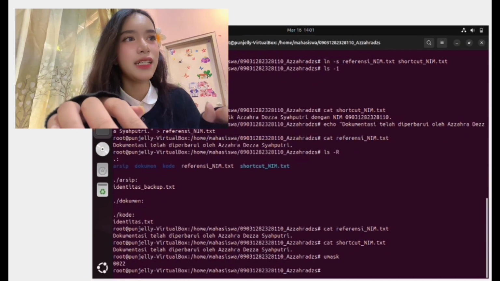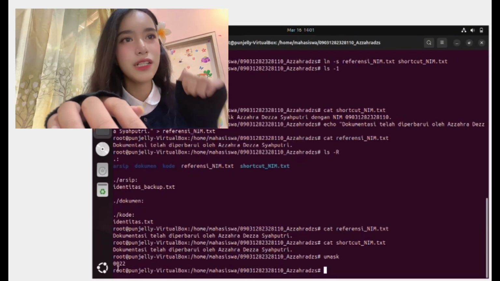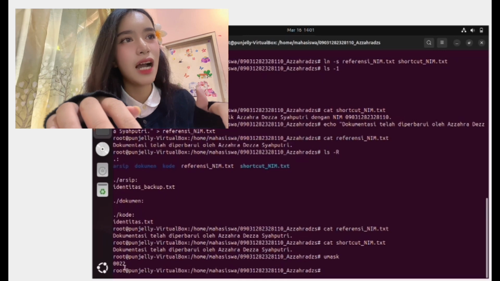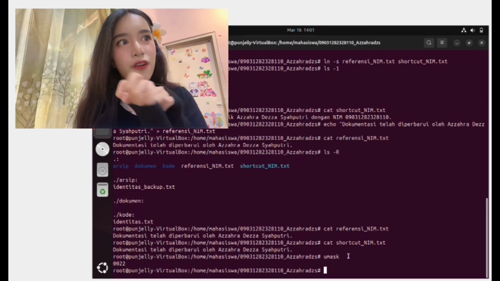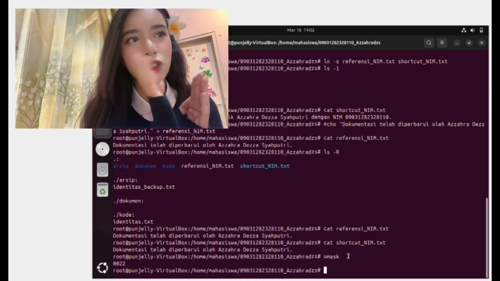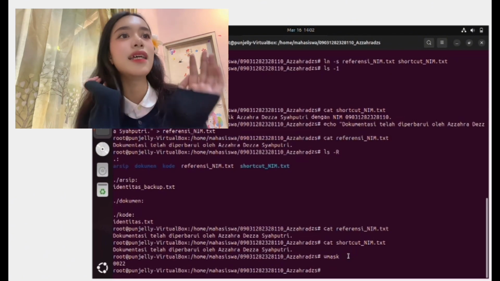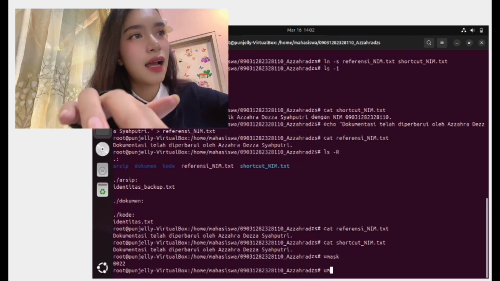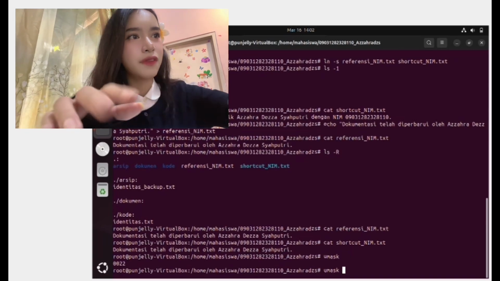Okay, as you can see, that shows 0022. That means the default permissions are read and write for the owner, and read only for the group and others. Then I use the command umask 027.